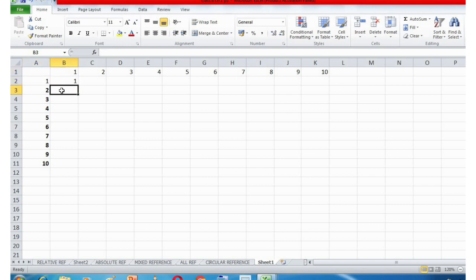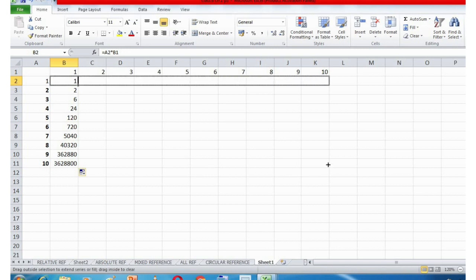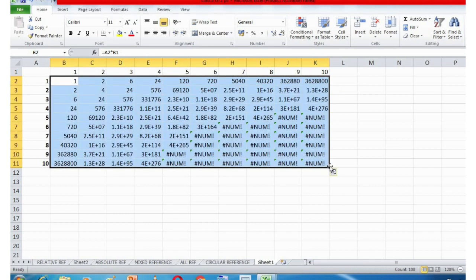Now what should come over here in this cell? This 1 will get multiplied with this 2. So 1 2s are 2 should come, right? Now if I copy this, it is coming correct. Why? Because of this. But if I copy this further in all the cells, see, this is not table of 1, this is coming incorrect. All this is coming incorrect. See, this is not table of 1 to 10.